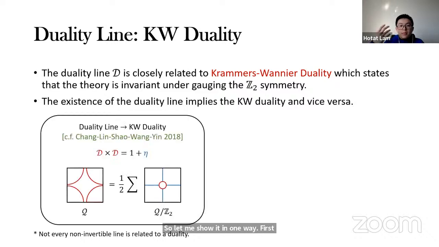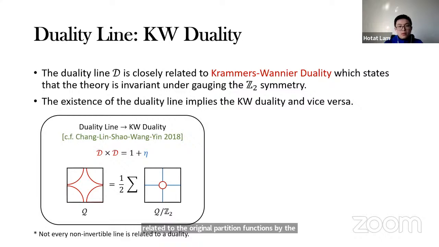So let's assume that we have some duality line in the theory. I'm going to show that the theory has a Kramers-Wannier duality. The way to derive this is the following. Let's imagine that we place our CFT on some torus. Then we can imagine that we introduce small duality lines on some small circle. So this new partition function is related to the original partition function by the quantum dimension of the duality line.